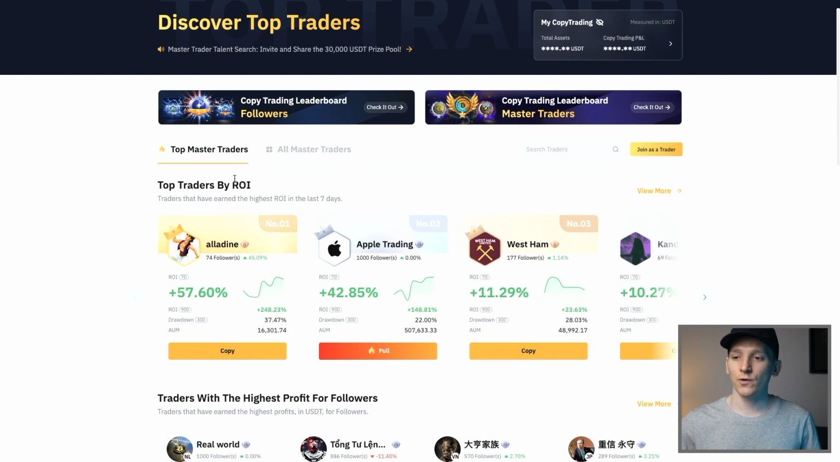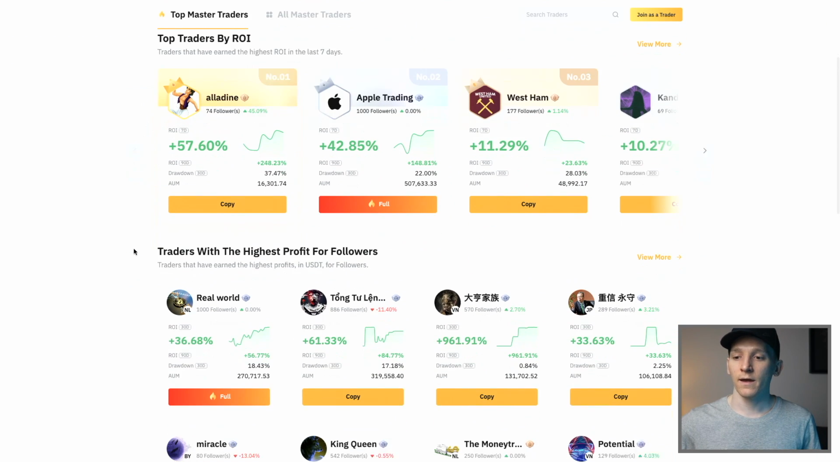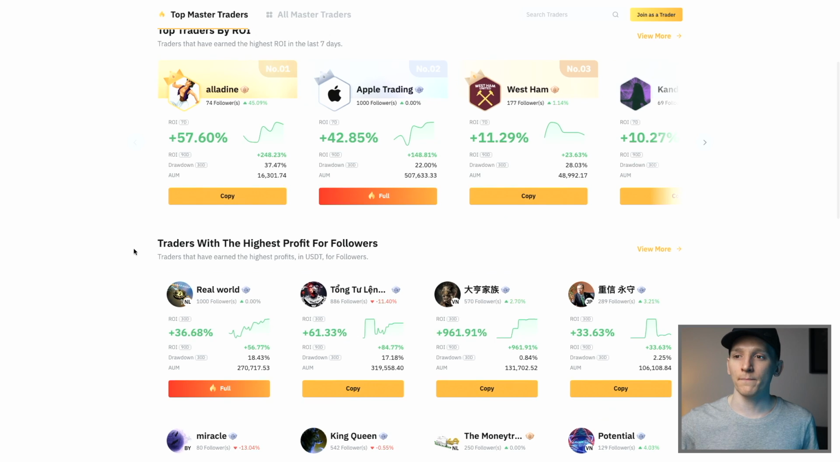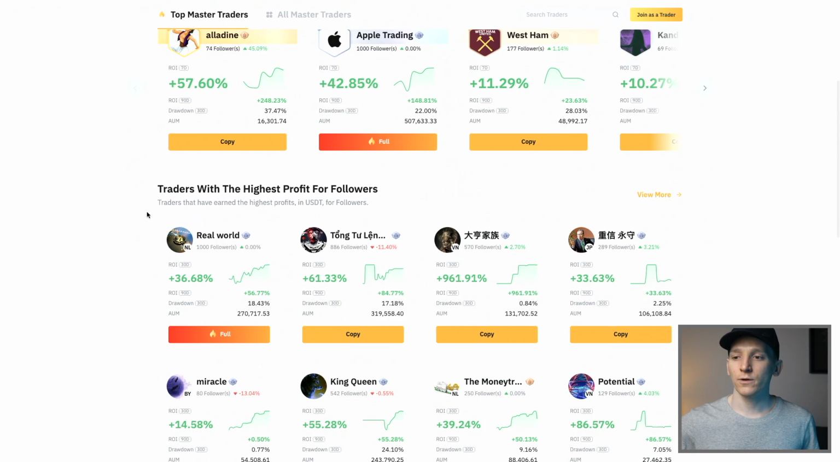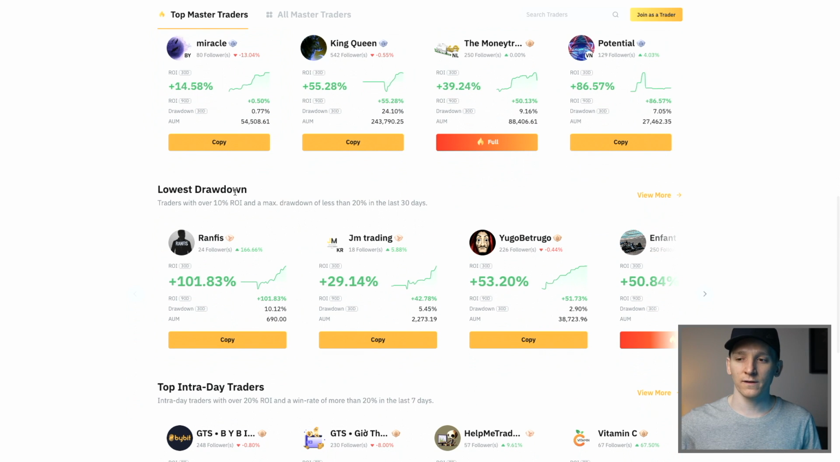But then essentially you have a bunch of traders right here and you can see their performance over time. So what we can do is come to top master traders and you can see that they're ranked by either the ROI, which is the return on investment. You can see the highest profit for followers right here. Now these are slight differences in actually the profits that these traders are making, lowest drawdown,